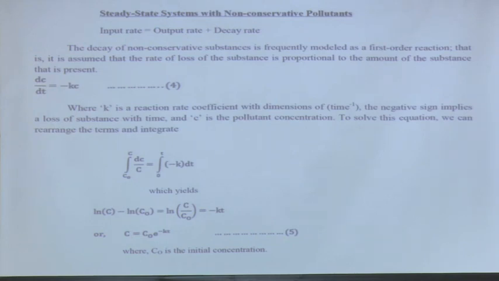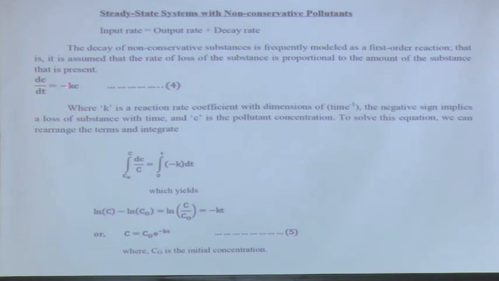So, what I have to do? I have to first check what is basically the kinetics of the decay of my material. Does it really follow first order kinetics? Then only can I use this equation, or otherwise I have to derive a new equation. Okay. If it is not following first order reaction kinetics, but in most cases it does. So, it is assumed that the rate of loss of the substance is proportional to the amount of the substance that is present, that is dC by dt is equal to minus kC, this minus sign is given to show that there is a decay, nothing else.